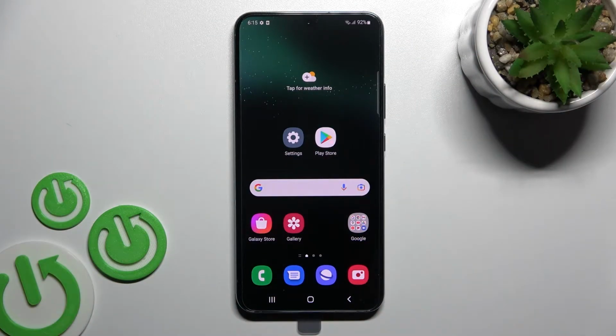Welcome. Today in front of me is a Samsung Galaxy S22 and I'll show you how to enable or disable NFC on